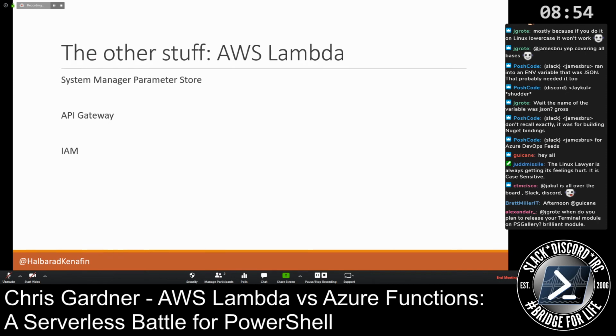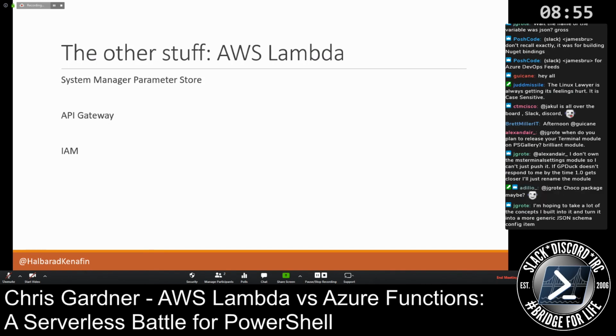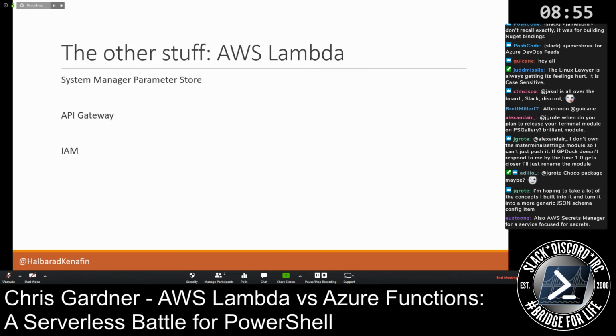The IAM service, which is Identity and Access Management. Kind of a similar idea to what Azure AD will do with RBAC for its role-based access control, but I find this a lot more granular. So if I want my Lambda to talk to an SQS queue to pick up its messages, I can say, you can only talk to that SQS queue. And then I can say, okay, I want you to talk to Parameter Store, but you can only talk to parameters that start with your name dash whatever. And then it'll only pick up stuff related to itself. So you can do a lot of really interesting stuff with that to really limit what your Lambda can do.